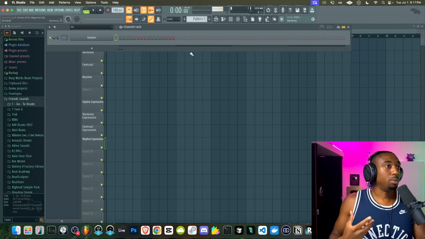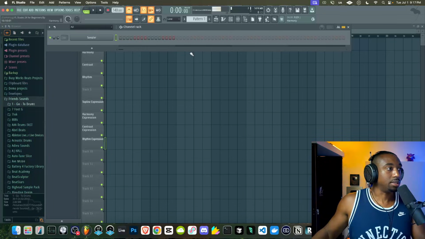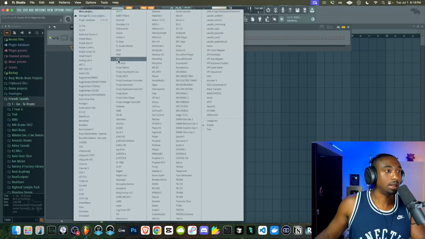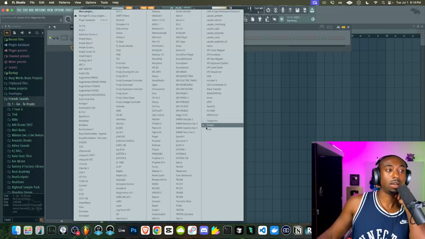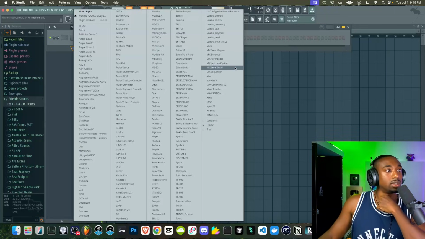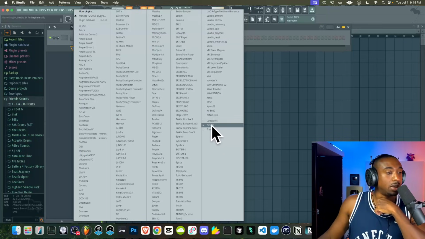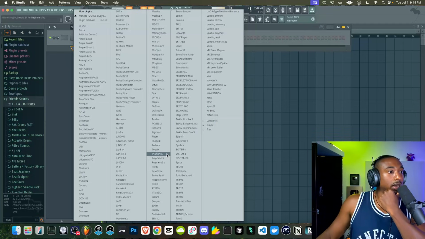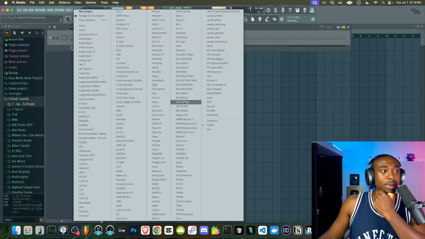Pardon me, because if you don't know the purpose of a sound, there's no point in picking sounds. Okay, so let's go to the channel rack. Click this plus icon. I recommend you guys keep this on simple, not tree or categories. So this is called the plugin picker, and I recommend you guys keep this on simple so you can just see everything.